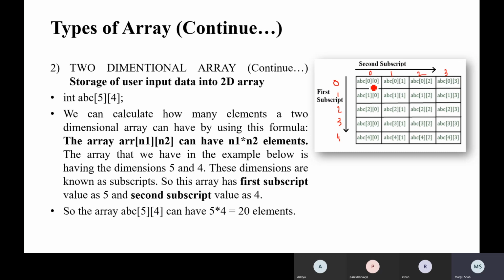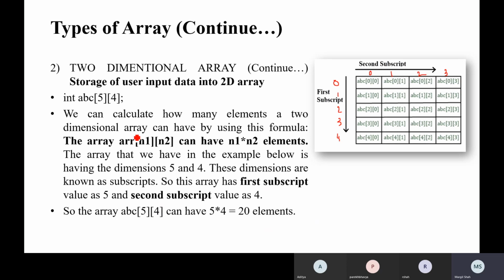So A of 0 0, ABC 0 0, ABC 0 1, 0 2, 0 3. In the same way, if we are accessing this one, this is row number 3 and column number 2, so ABC 3 2, like that. We can calculate how many elements a two-dimensional array can have by using this formula.